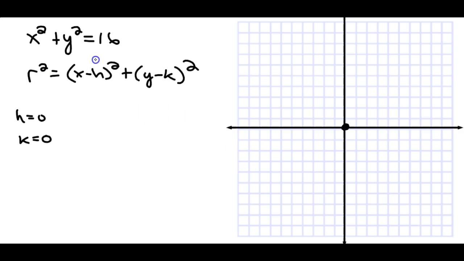And then what did I put in for r to get 16 right here? What squared is 16? Well, it must be 4. So the radius is equal to 4. So go out 1, 2, 3, 4. You go up 1, 2, 3, 4. And our sketch, I've got an advantage because I've got a computer to sketch it out, is going to look